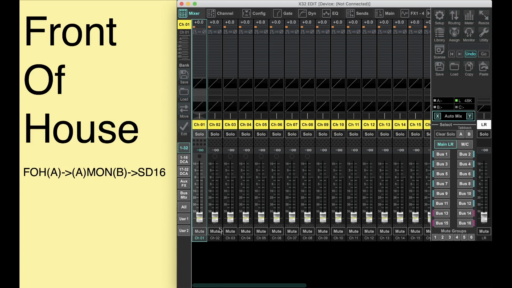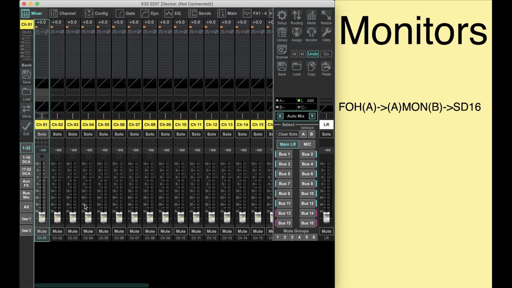So this is going to be similar to some of the previous videos I've done. In this situation, we've got a front of house console. In this case, this was an M32. And then it was connected to a monitor console. In this case, it was an X32 rack. The X32 rack is acting as 16 of our inputs, and then it's connected to an SD16 for the other